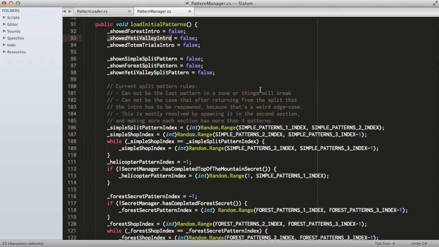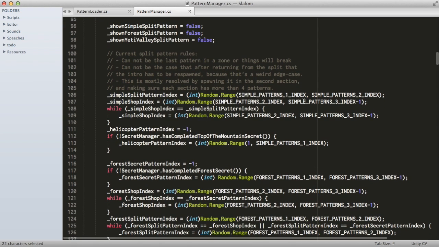We're going to ignore some of the most difficult code, which is the code that handles the splitting of the paths. In the gameplay footage that you saw, sometimes the mountain splits and we either choose a left path, which is more difficult, or a right path, which is less difficult. We're going to ignore that because it's a little weirder and harder to explain in a quick video like this. So we'll be focusing just on the general case of arranging patterns because that seems like the most applicable to other people and the most interesting. Okay,